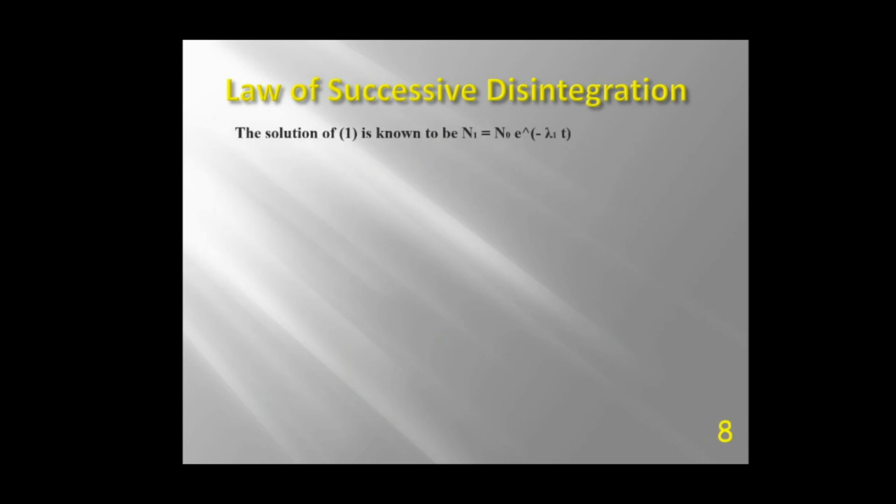Based on the law of radioactive disintegration, we get the formula dN by dt equal to minus lambda N. This formula can be explained in different ways, that is, exponential decay, half-life, mean life, etc. Based on the exponential decay, we can formulate the equation as N1 equal to N0 e raised to minus lambda 1 t, where N0 is the initial concentration. Substituting that in the previous equation, dN2 by dt equals lambda 1 N0 e raised to minus lambda 1 t minus lambda 2 N2, and we take lambda 2 N2